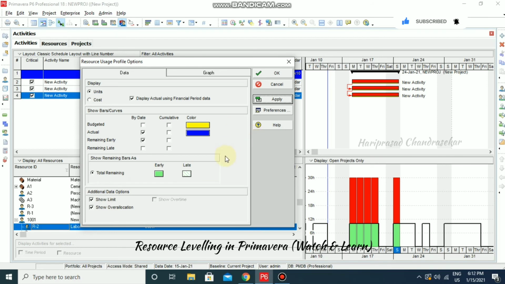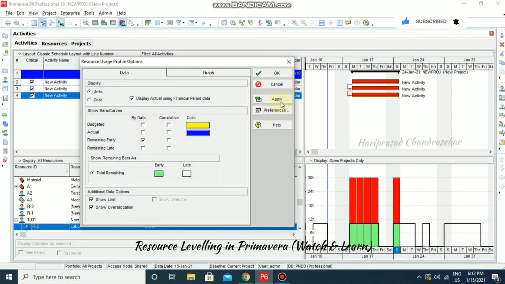Now we can also go for the S curve, like budgeted. This is the S curve. We are getting the S curve here, so you need to select this one. Now we will have only the actual and remaining early. Okay, this is the actual and remaining early.